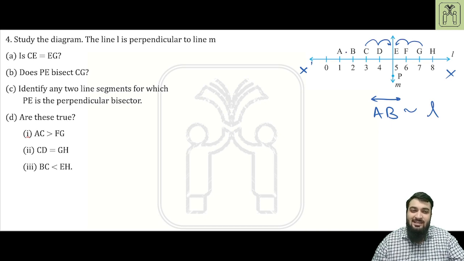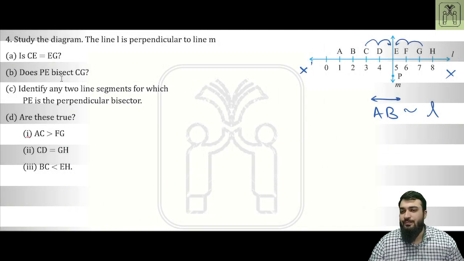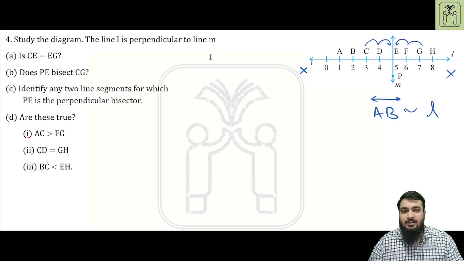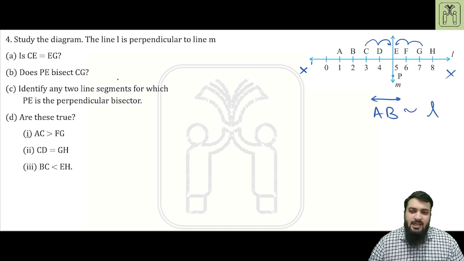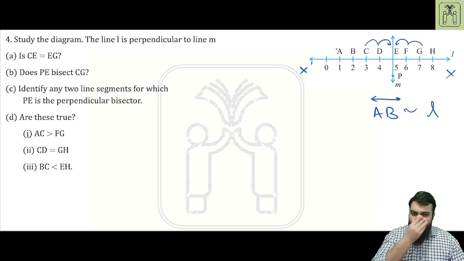Therefore, we will say that CE is equal to EG. Now, coming to part B. So now coming to part B, we see that, does PE bisect CG? ठीक है, तो